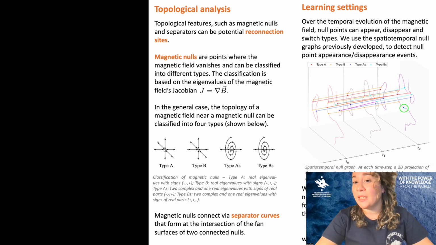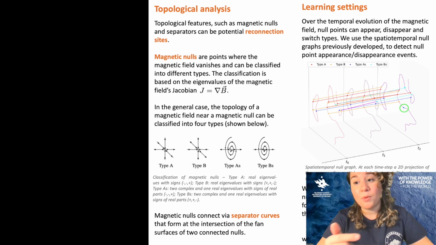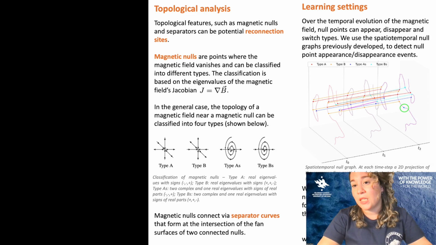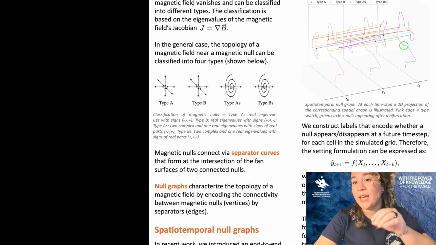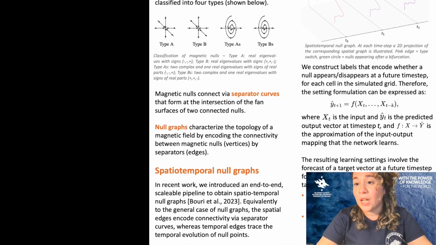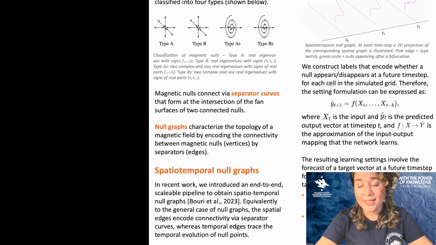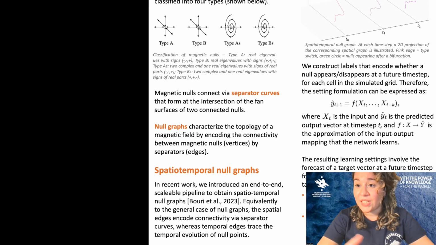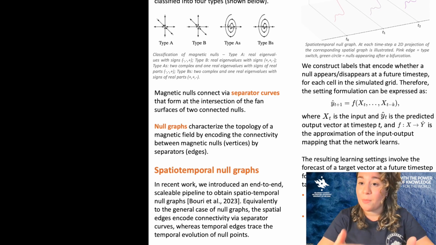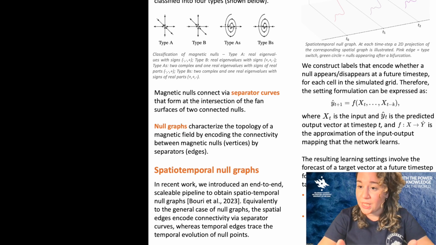And these magnetic nulls can be connected via separator curves that form at the intersection of the fan surfaces of the 2 connected nulls. So in previous work, we extended the traditional definition of null graphs to spatiotemporal null graphs, which encode the separator connectivity via special edges. And in addition, they help with null point identifiability by tracing the temporal evolution of each null point and encoding